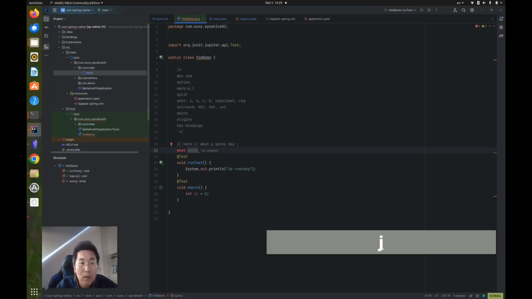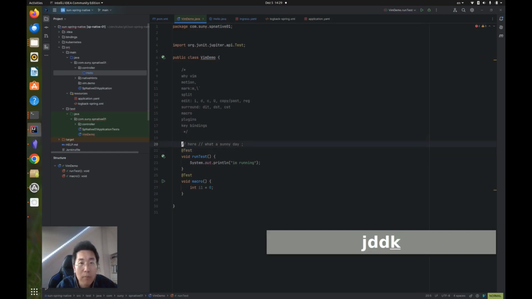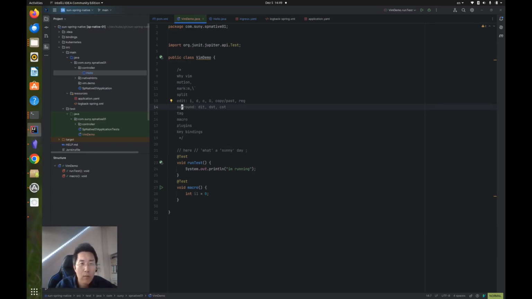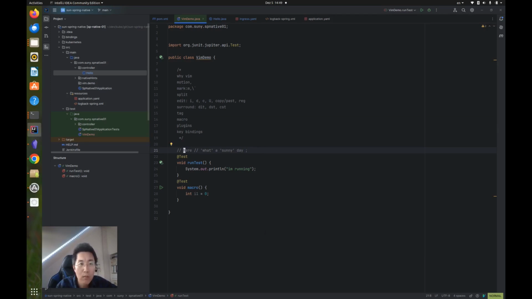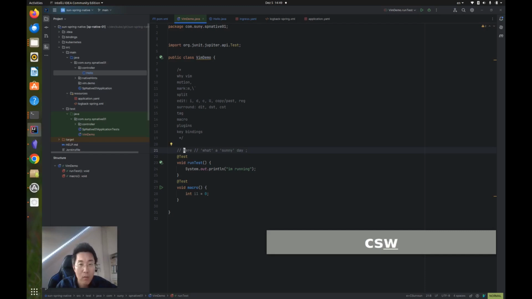So next one is surround, Vim surroundings. With Vim you can do some surrounding works like this. I want to put braces surround this word here. I can use this command cs word